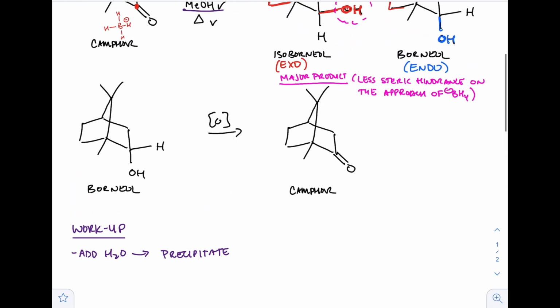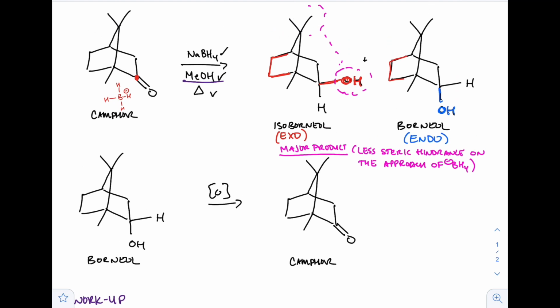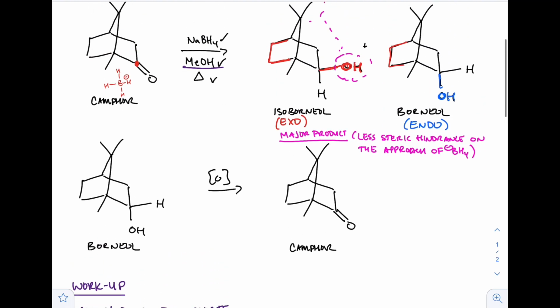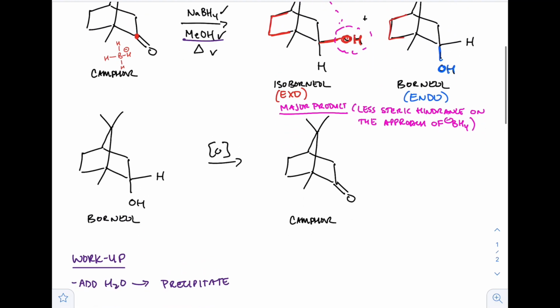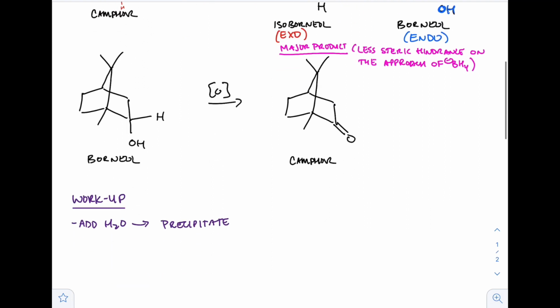because again, remember the number of carbons in this particular compound, isoborneol, is much more than 5, because remember the ratio of polar functional groups has to be 5 carbons or less for every polar functional group that can hydrogen bond, and we only have that one OH group, and so that means that this material isoborneol is not going to be water soluble, and that's why it precipitates out. So once it precipitates, we will filter it,